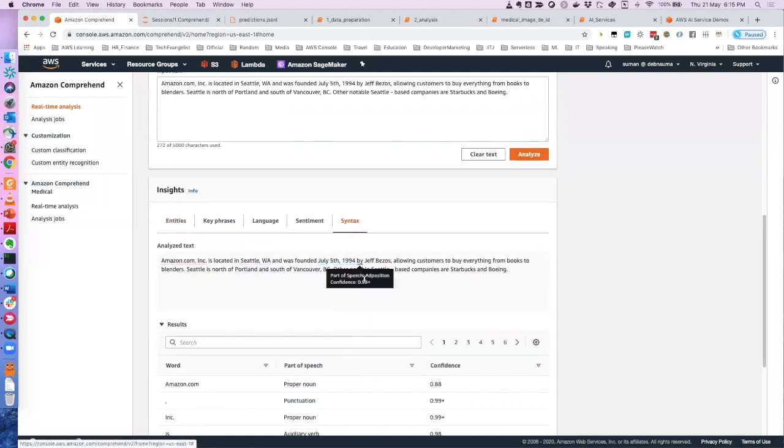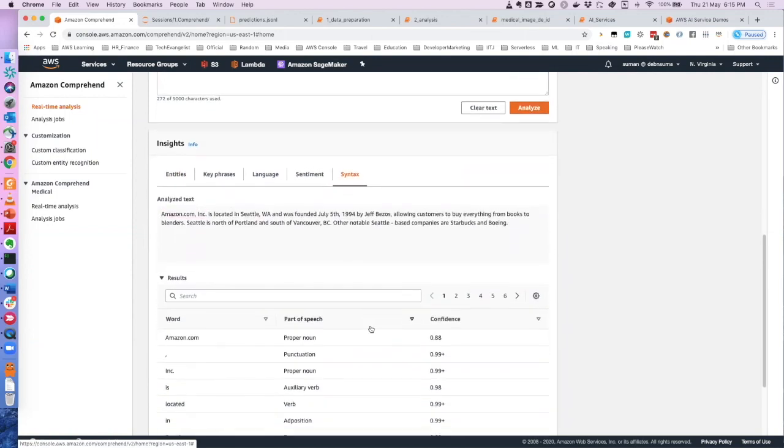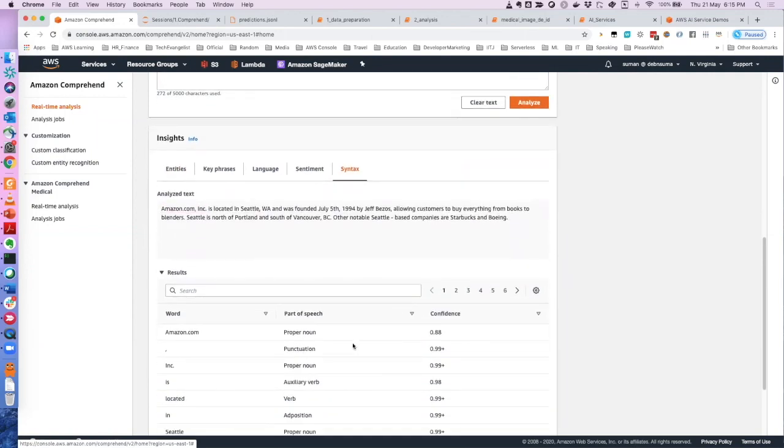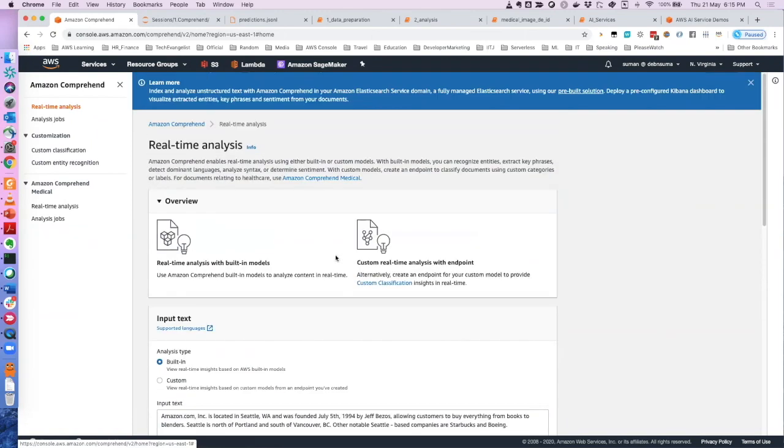It can also check for syntax, like grammatical syntax, whether it's a noun, pronoun, verb, or whatever. It can also create jobs. Those are many other features that you may like to explore. But overall, you can use Comprehend whenever you have some text and you want to analyze it. Only then should you come and explore this particular service.